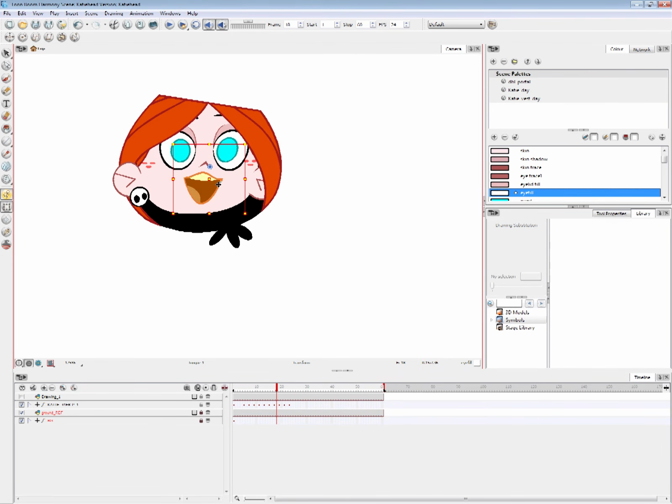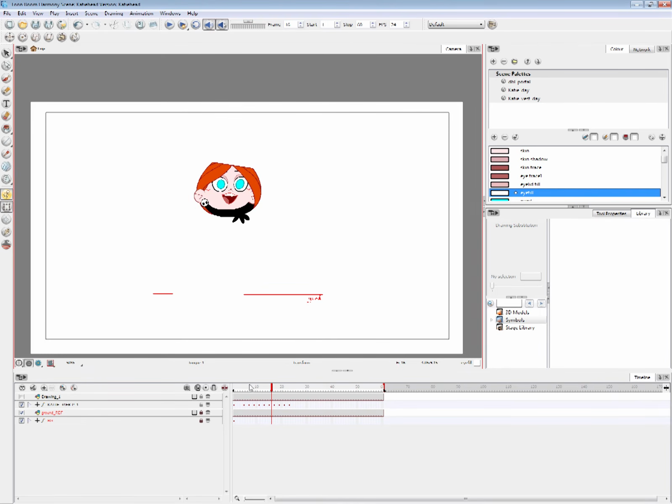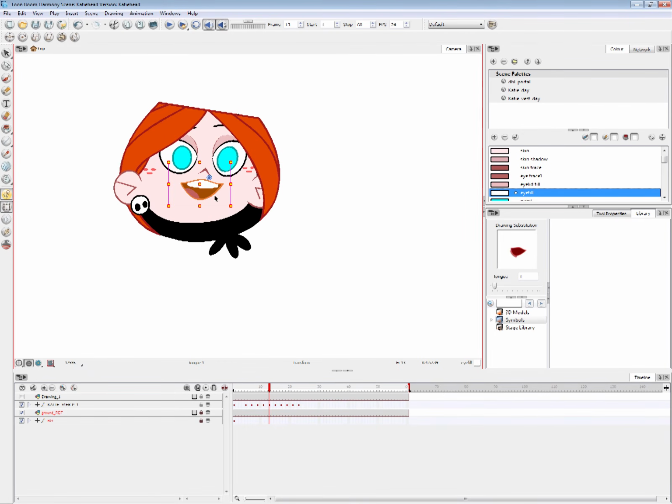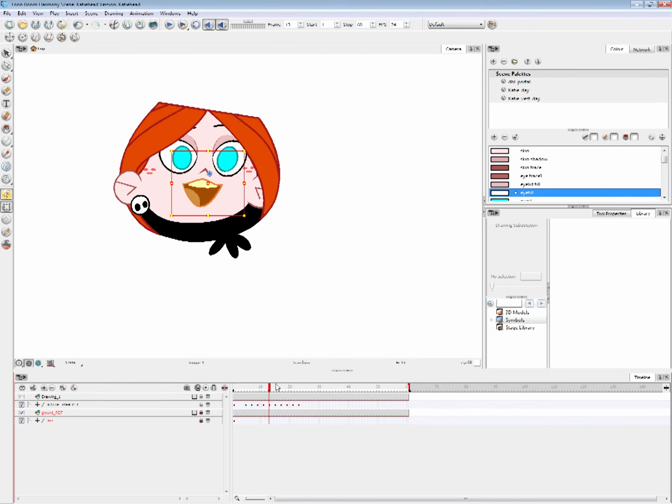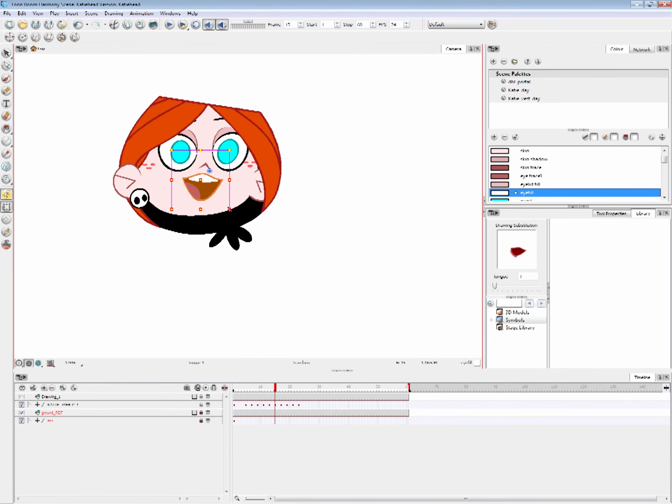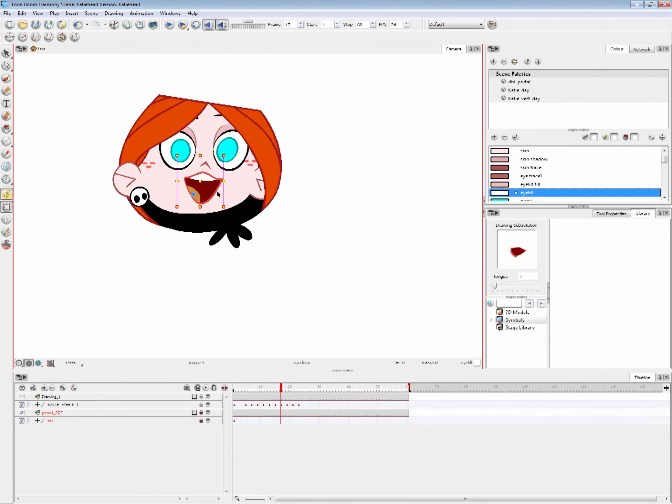She's so happy. Instead of her mouth gradually opening, I want it to pop open. Hit that, and maybe open slightly a bit here, but here I want it to slowly close.